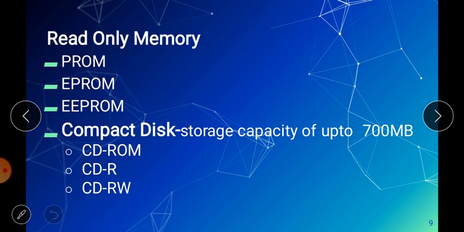So the question arises, when you are reading something from the memory, something must have been written there. So on the basis of the type of writing, or when you can write or how you can write in a read only memory, the read only memory can be further categorized into three types, that is PROM, EPROM and EEPROM. These three are the important topics. Starting with PROM, one by one I will explain each, so listen carefully.